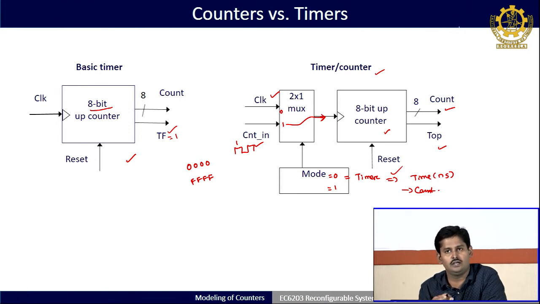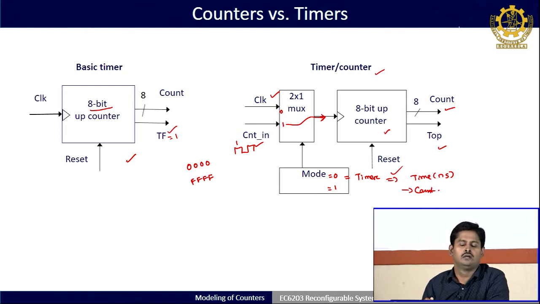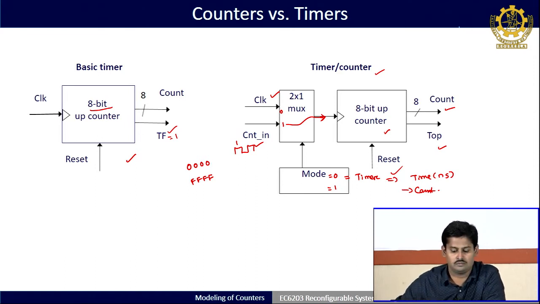Even though the entire circuit is sequential design and all will work depending upon the clock only, the timer input is always a clock frequency. If clock is there, then accordingly it will find out the corresponding time intervals. Whereas counter input may be a clock frequency to count the number of pulses, or it may be any number of events. Only the event count will be the output of your counter. That is the basic similarities and dissimilarities between counters and timers.